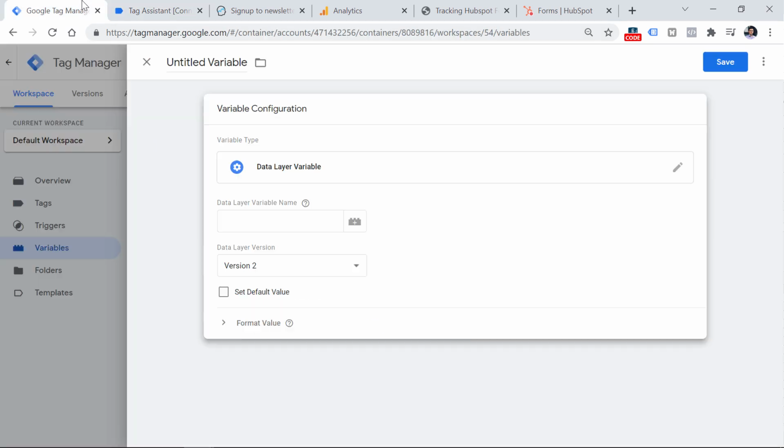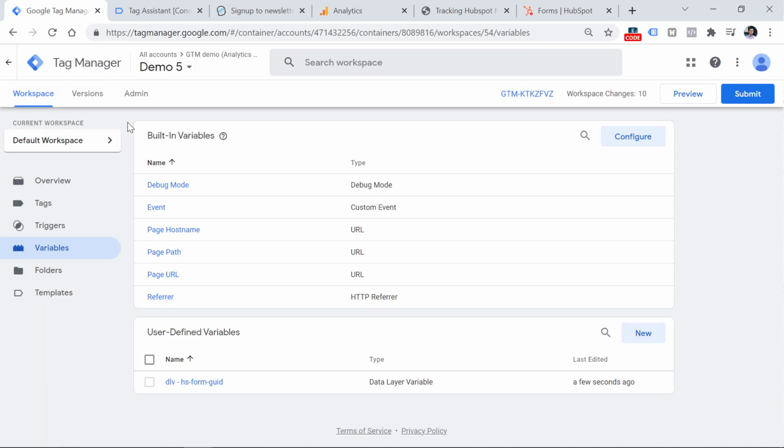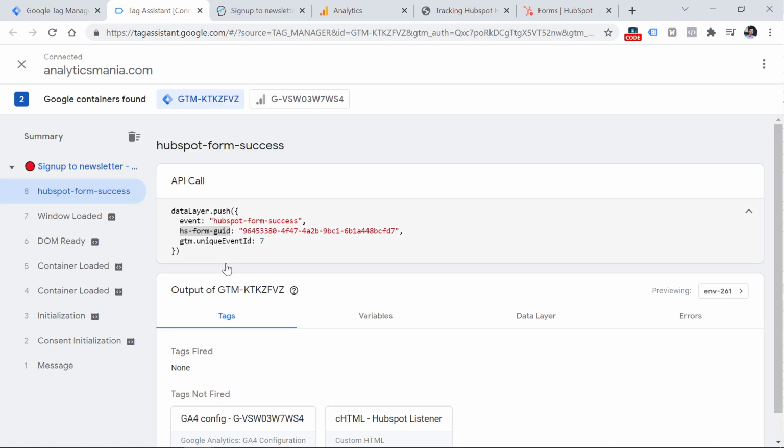So let's copy it and paste it like that. And then I will name the variable. I usually start that with DLV, which is data layer variable, and then what kind of parameter am I accessing? Click Save. Now the final step is to create a GA4 event tag that will send this information to Google